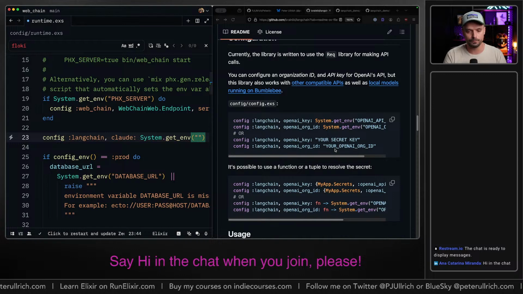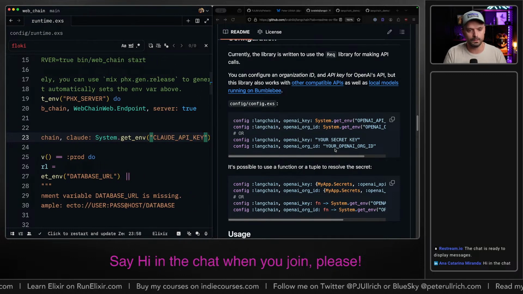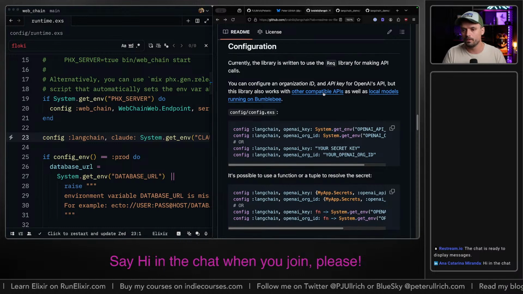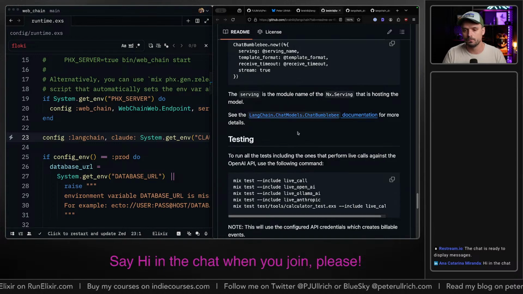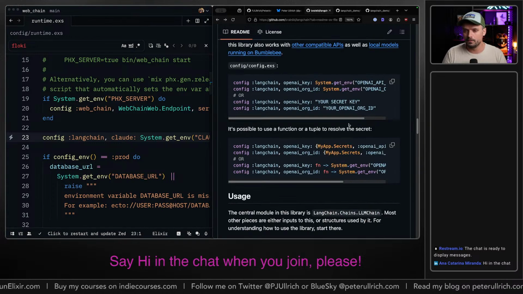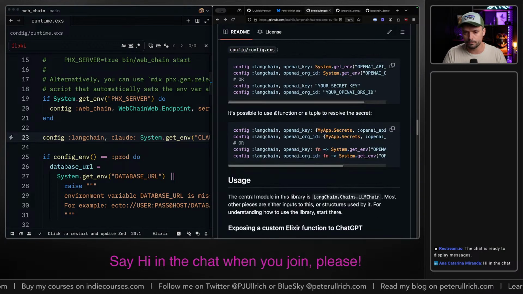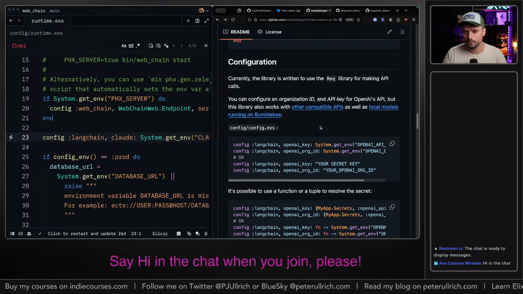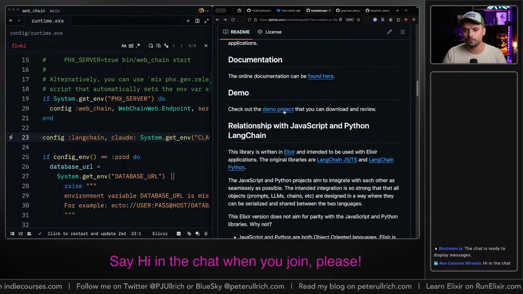So env and then Claude API key. All right, which one is it? It would be nice to see a list of possible keys. I mean, how do I do Claude, for example?